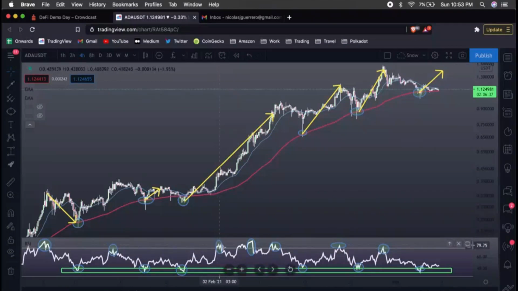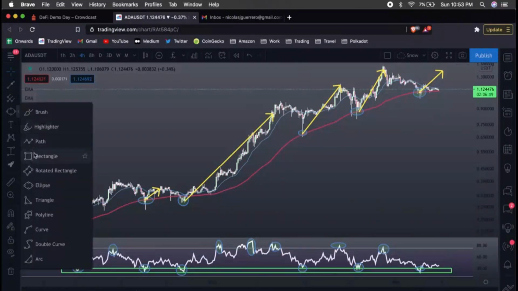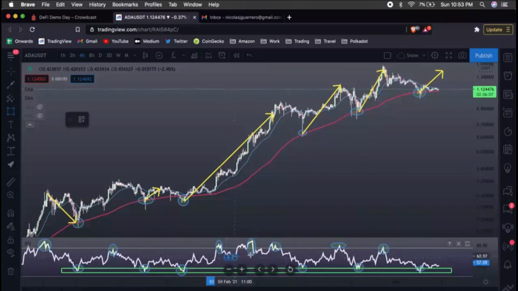You can see after this overbought, the dip buying opportunity was actually here on the 20 EMA. Likewise, after this, we never even touched it. So we had another opportunity here on the 20. And after the next overbought, it never happened. And after the next overbought, we came down to touch the 100. Okay. So the 20, and while it didn't happen on the next one on price chart, you can see it